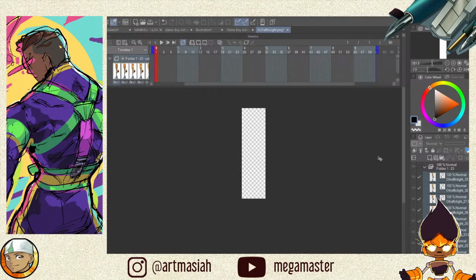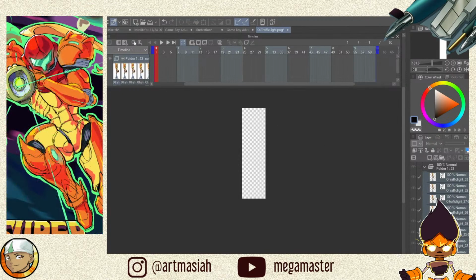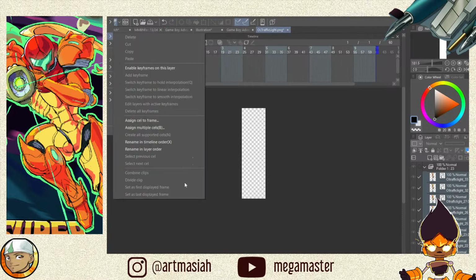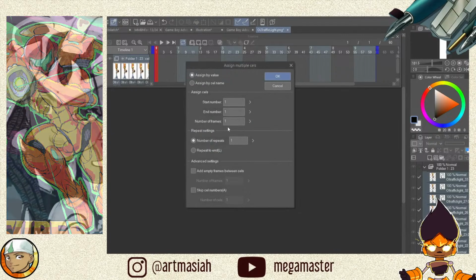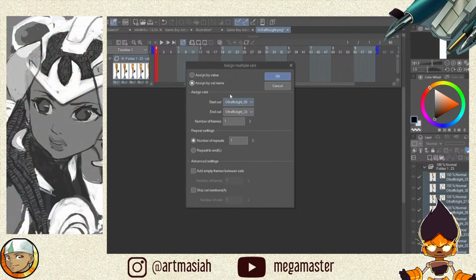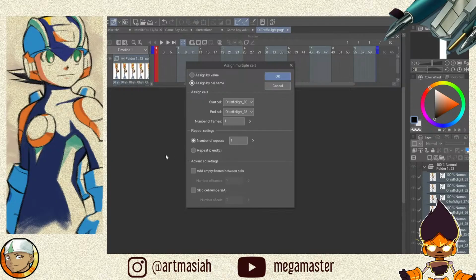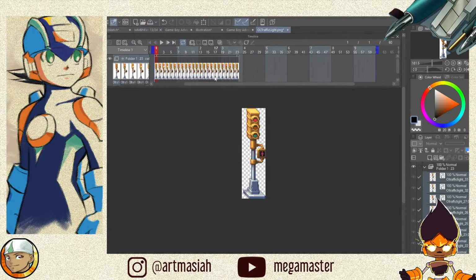You can automatically assign this sequence of images to cells by going to Animation, Edit Track, and assign multiple cells. In this case, you want to assign cell by name, and it's going to do the start cell, end cell. You want to hit your first layer, then your last layer, number frames 1, number repeats 1. Once you click OK, it's going to assign all those frames. And then you can play your animation back.